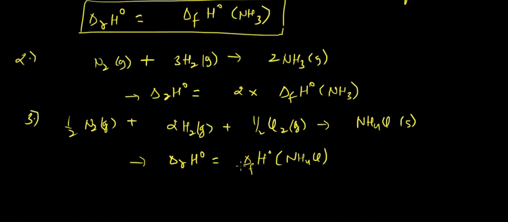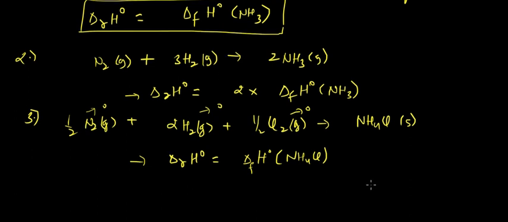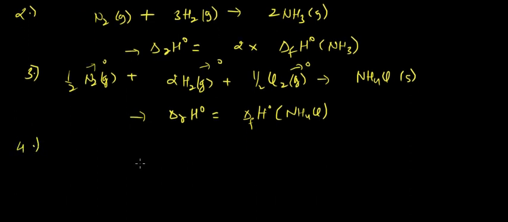Okay, and delta F H naught for this would be 0, for this would be 0, and for this would be 0. Why? Because they are found in their native form in nature. Next example is, suppose we have NH3(g) reacting with HCl(g)